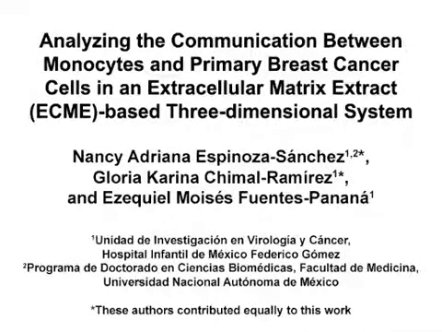The overall goal of this protocol is to study the direct and indirect communication between primary breast cancer cells and monocytes in a three-dimensional co-culture system. This method can help answer key questions in the inflammatory microenvironment of breast cancer field, such as how immune cells are recruited and activated, how these cells help to sustain the tumor inflammatory microenvironment, and how this microenvironment facilitates tumor